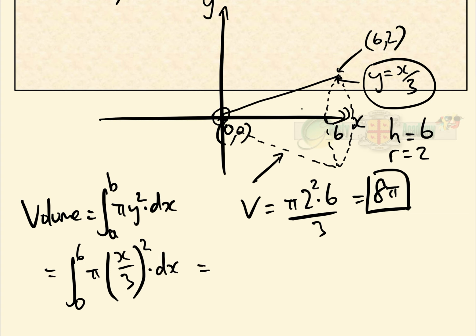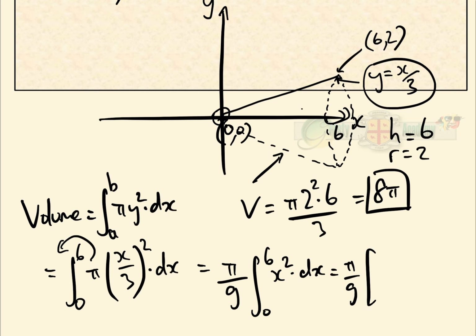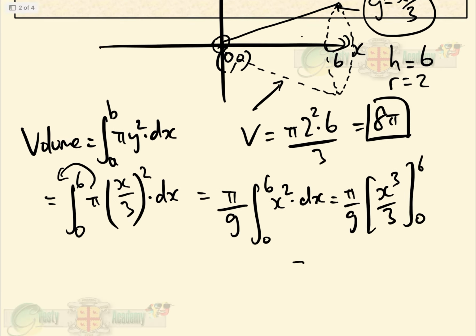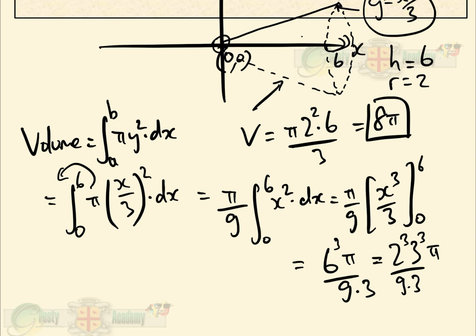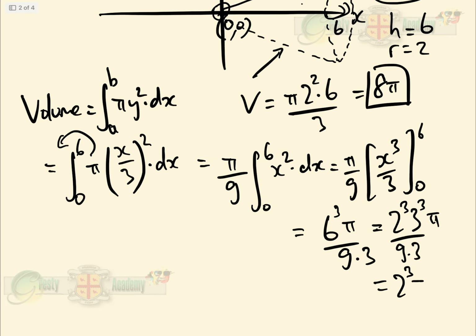This will give us our volume, which equals pi, taking pi out of the integration because it's a constant, pi over 9 the integral between 0 and 6 of x squared dx, which equals pi over 9 times x cubed over 3 between 0 and 6, which equals 6 cubed pi over 9 times 3, which equals, we'll do it in my head, that's 2 cubed times 3 cubed over 9 times 3 pi, which equals 2 cubed pi,